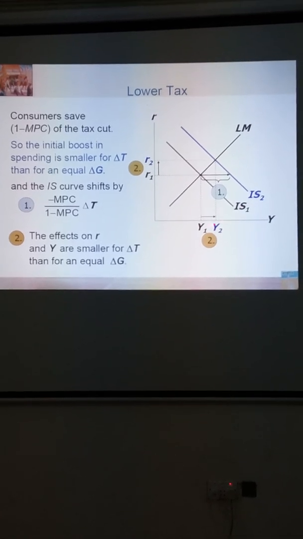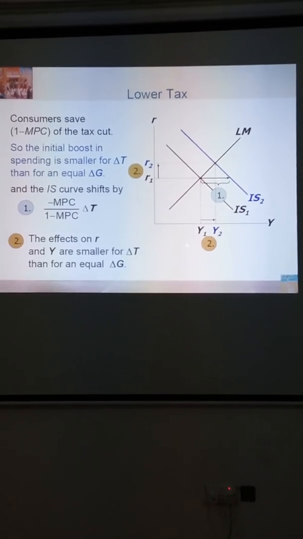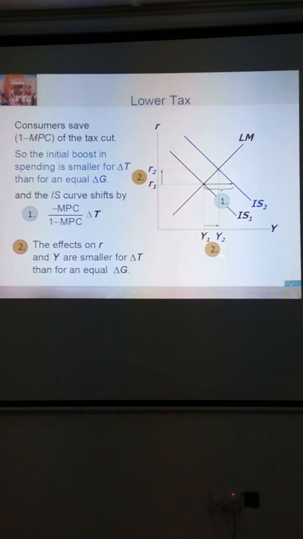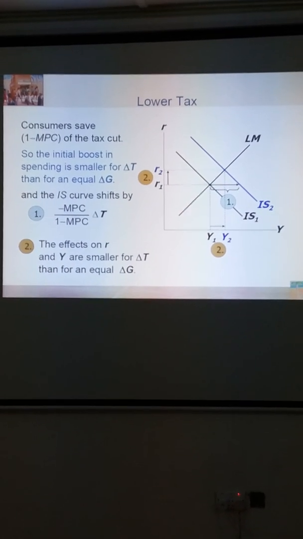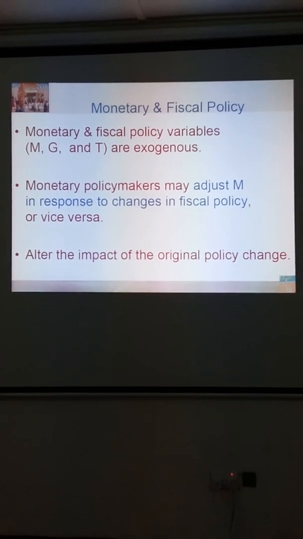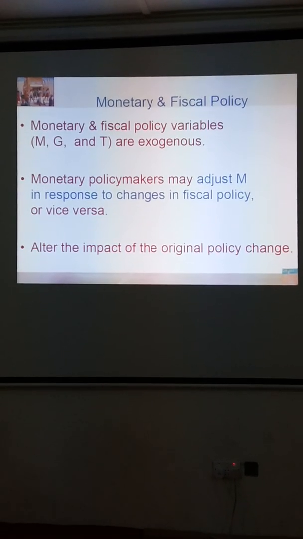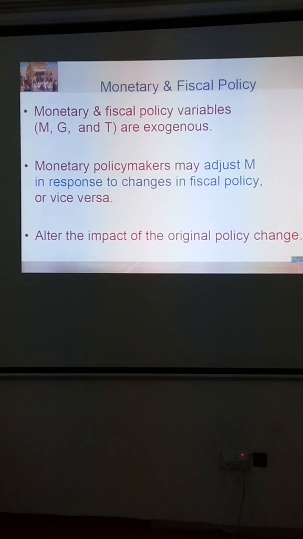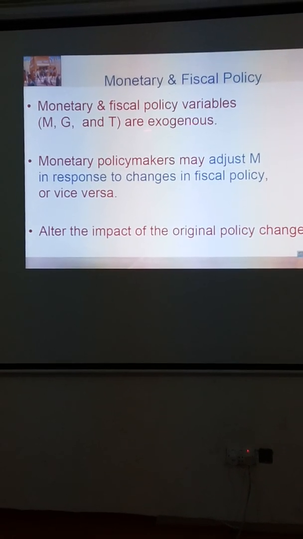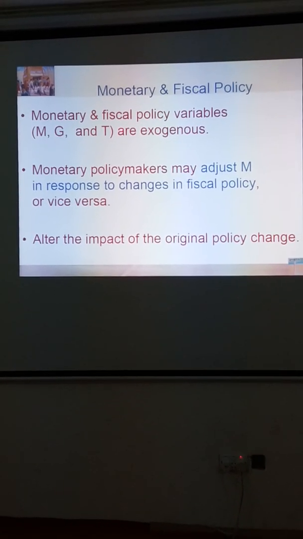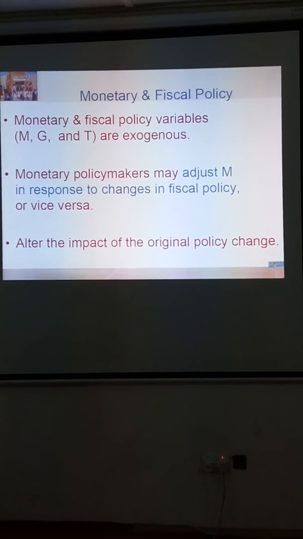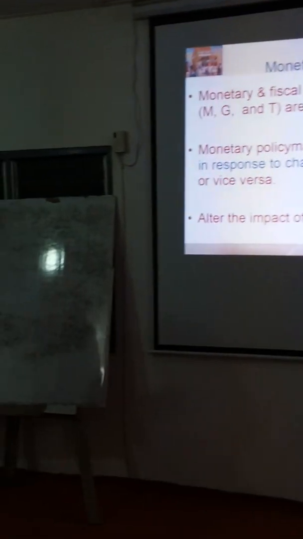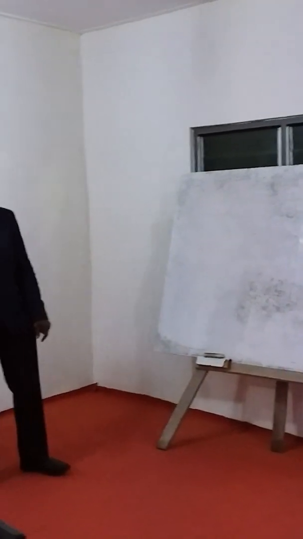So the final effect here, Y2 minus Y1, which is 2, is less than 1, which was the original response. Now we put monetary and fiscal policy together as an interaction. The monetary policy variable, money supply, and fiscal policy variable, government expenditure and tax are exogenous. Monetary policy makers may adjust money supply in response to the expansionary fiscal policy. And this will change